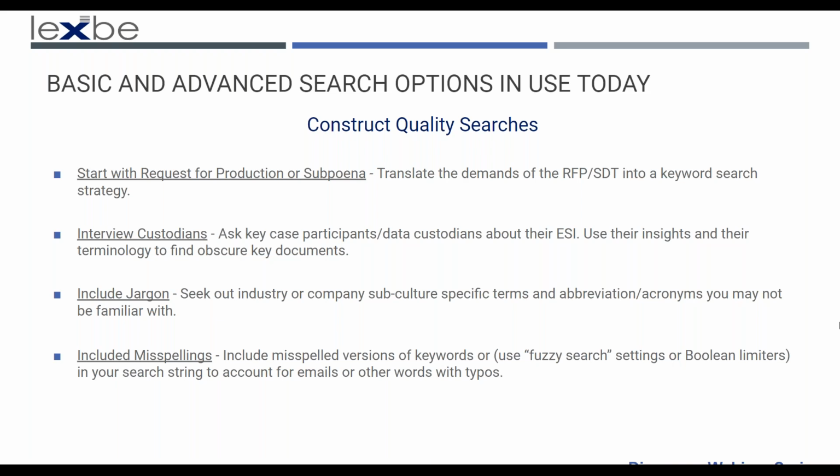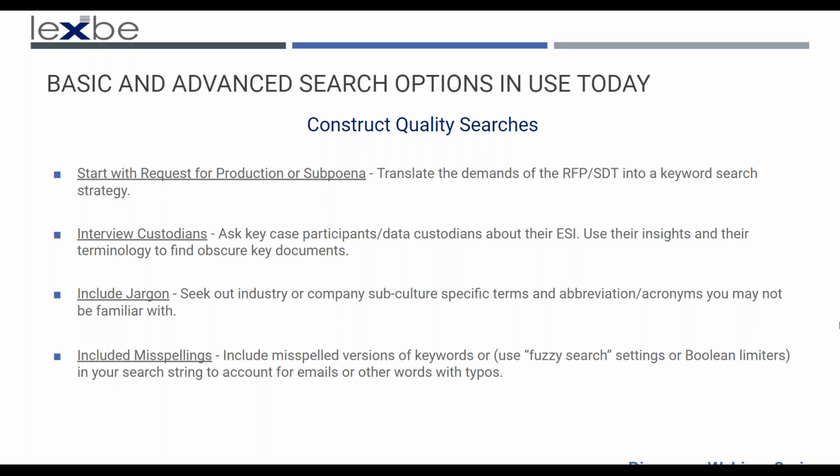You'd also want to interview the custodians. So understand what they have in their possession. What's their role in the company? What's their role in the litigation? What sort of words are they using to describe what they anticipate you will find in their email account or on their hard drive? This goes into the next important point that you need to understand when you're developing your search terms,